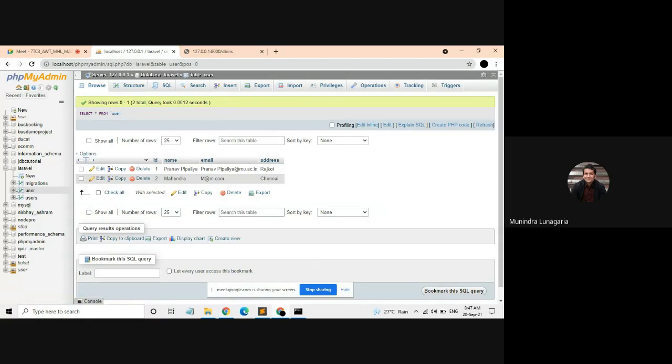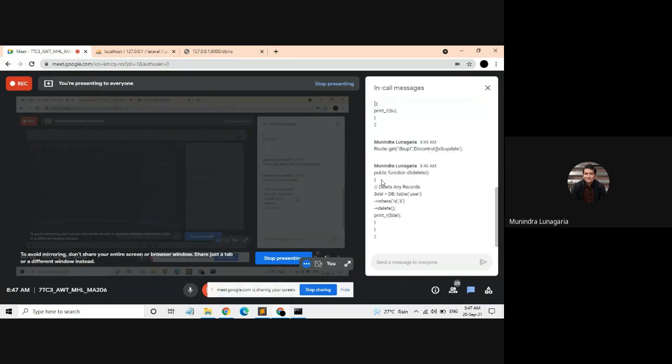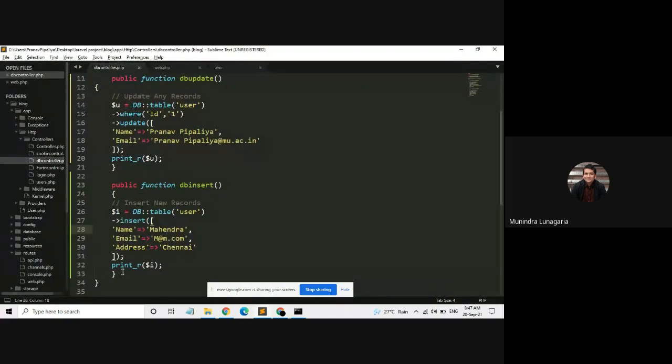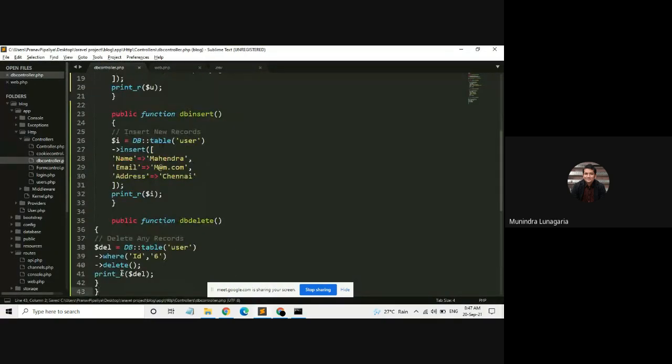Now copy paste the delete code. Take a look at this: delete variable, db table user where id is equal to 2, because we are going to delete the latest record which was inserted.